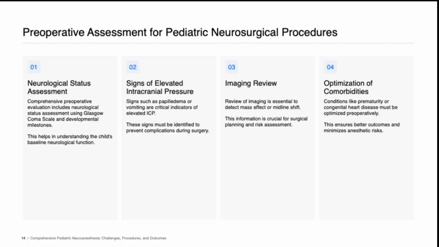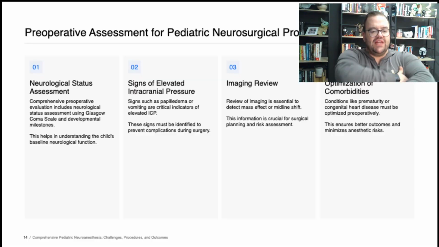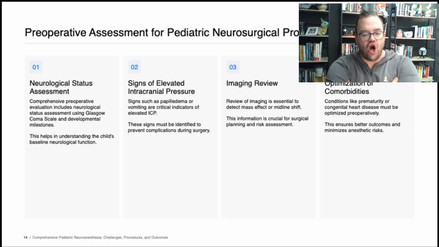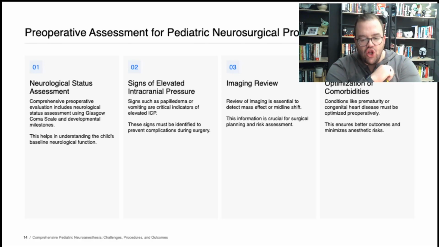So when we look at my specific approach to the preoperative assessment of these children, the first thing that you need to do is obviously assess their neurological status. So you need to assess what are they coming for, what is the surgical issue, and we'll talk about it more in our lecture on pediatric oncology, but I always talk about the 4 M's when we look at the